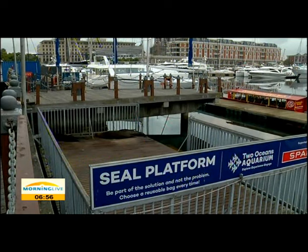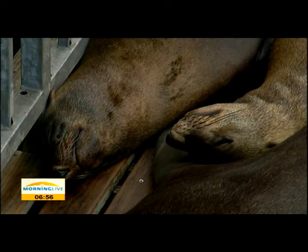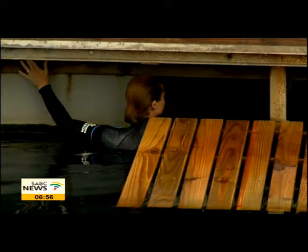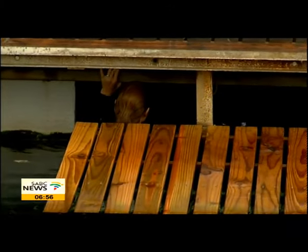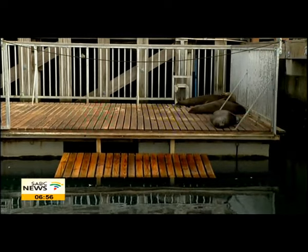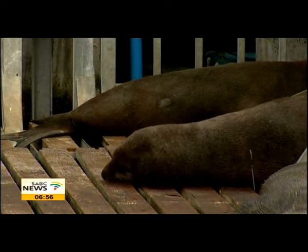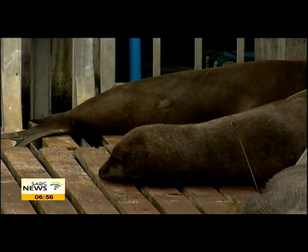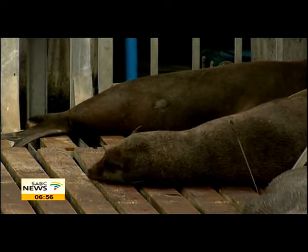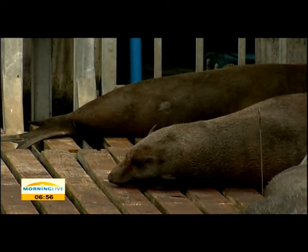The seal platform outside the aquarium has a rope-driven gate which allows aquarium staff to enclose a wild, injured seal. The team has developed several methods to get rid of these nooses, including snorkeling beneath the piers where the affected seals are basking in the sun. It's a way that Vince and I discovered a couple of years ago to actually approach the seals without them realising that we're there. So it's a case of just being extremely quiet, sneaking up on them, and then just putting this cutter through the jetty